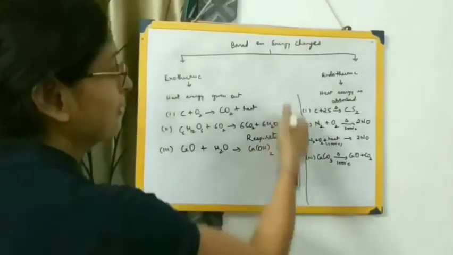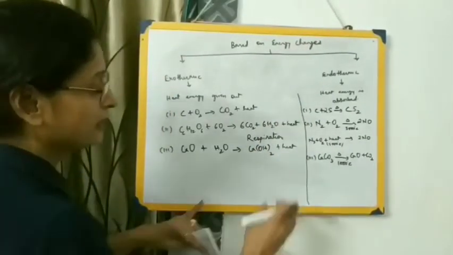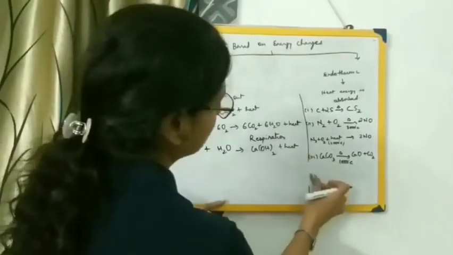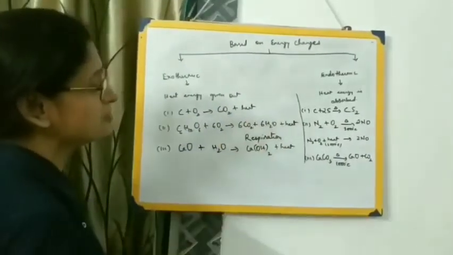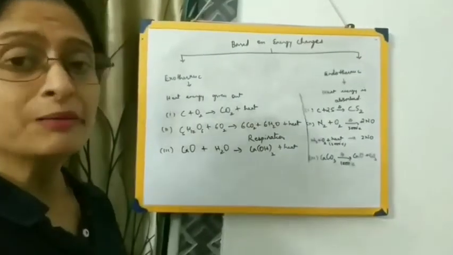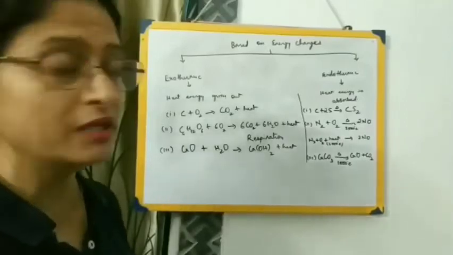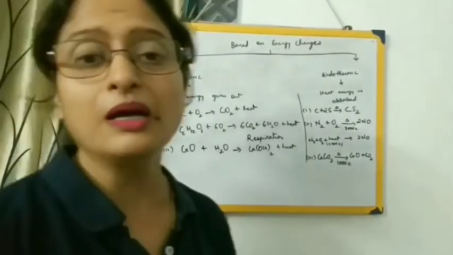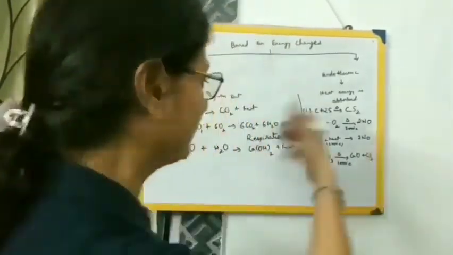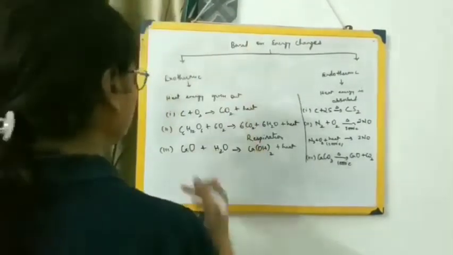So these are the major types of reactions on the basis of the heat changes, or on the basis of the energy changes. Most of the time it is heat energy that is involved, but another form of energy can also be involved over here, that is sound energy or electrical energy. If electrical energy is involved, what do we say? For example, water molecules, when we pass electric current, that is called electrolysis. Again, I cannot discuss this in detail. So these are the important types of reactions.